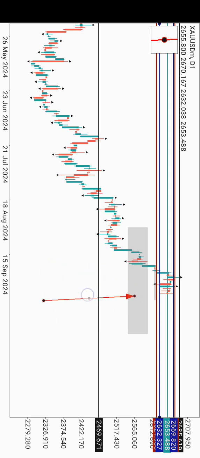This particular zone is still a fresh zone, and price has been breaking through the daily lows. So this particular swing low is what I'll be watching out for. Once this weekly swing low is broken, that means gold will tap into this particular swing low. Maybe take out this swing low, and as you can see, there's another